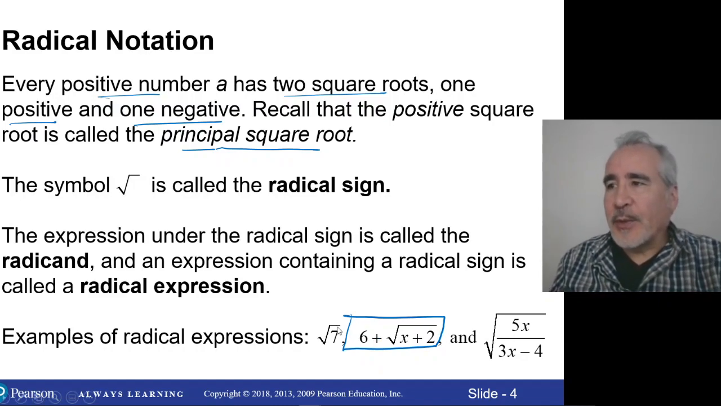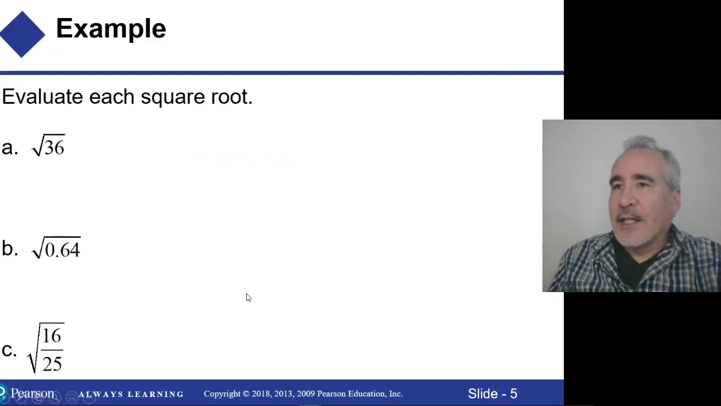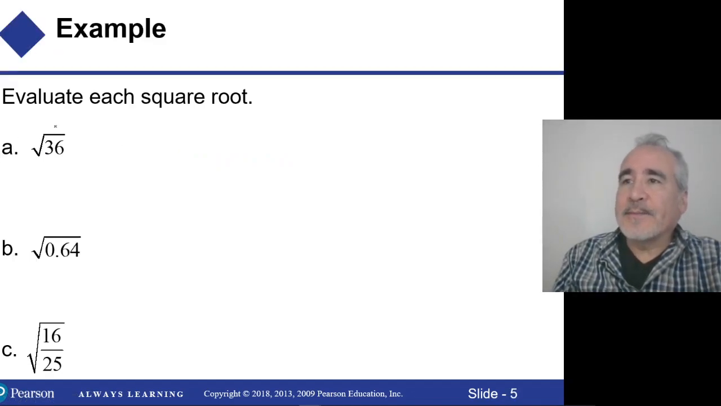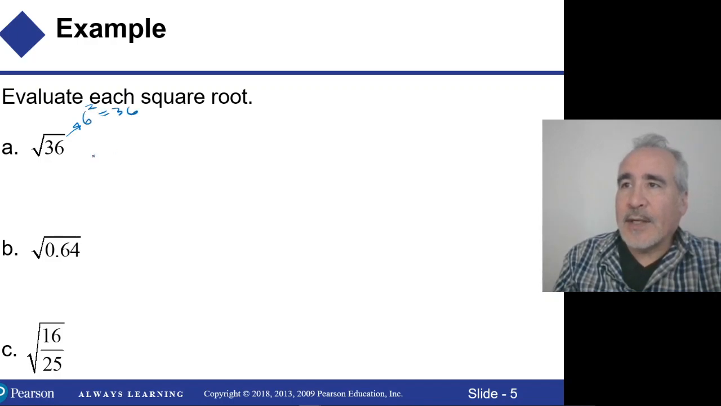It's more just so we understand each other when we talk. Okay, so evaluate each one. So 36, because 6 squared equals 36, right? Our answer here is going to be 6. And I guess actually it should be plus or minus 6, but we're just going to go for the principal